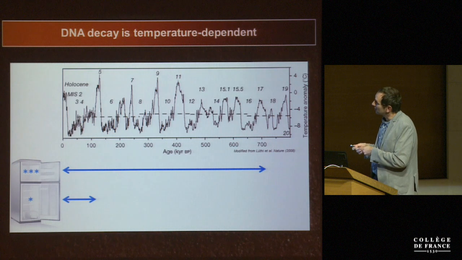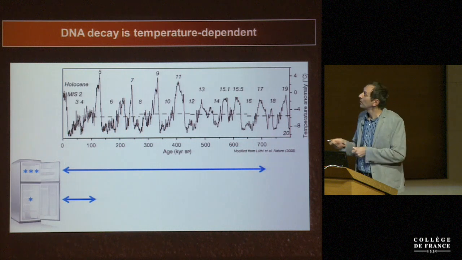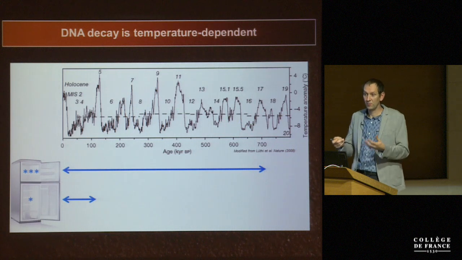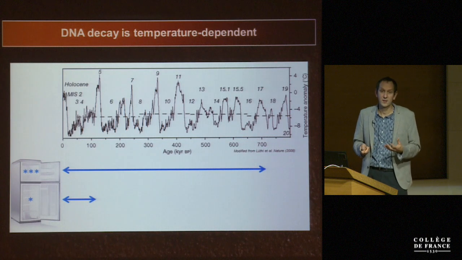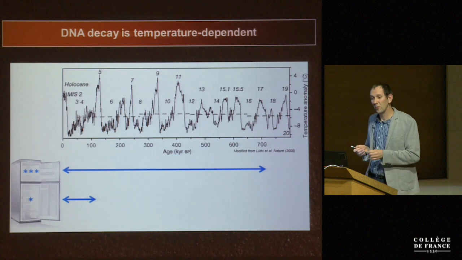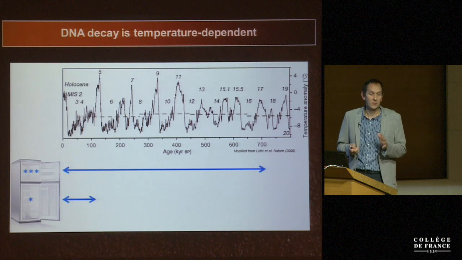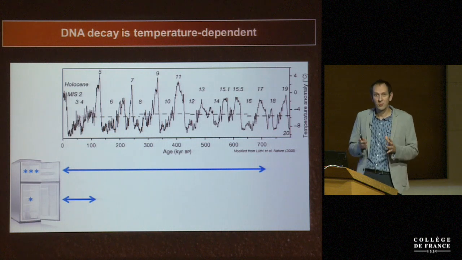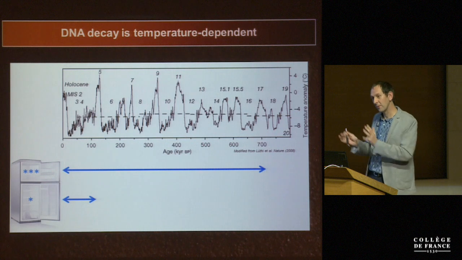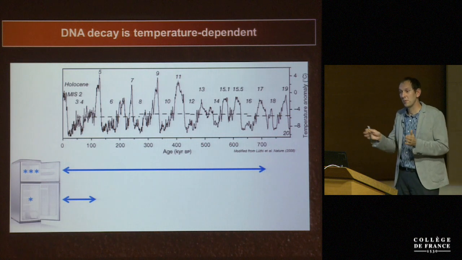And non-permafrost conditions are much more difficult because in the last 100,000 years, the late Pleistocene has been mostly cooler than now. But if you go further back in time, you have these temperature fluctuations, interglacials, with extended warm periods. And of course, in these periods, it's very difficult for DNA to survive through these times. And so for that reason, in almost all of the work that was done since that field was created, in almost all of the convincing work, analyses were limited to the last 120,000 years. And there's almost no evidence, but I will come to this later, for DNA outside of permafrost surviving longer than